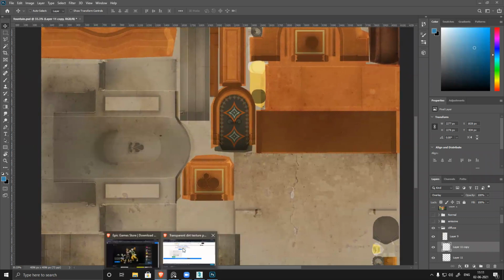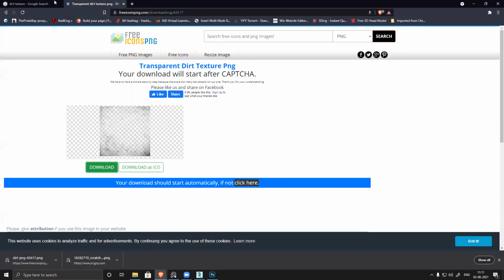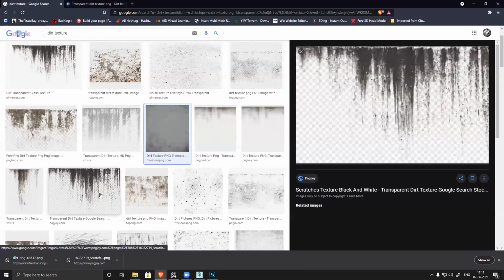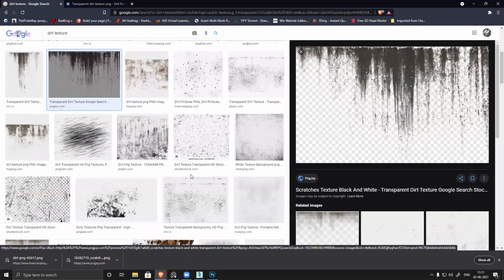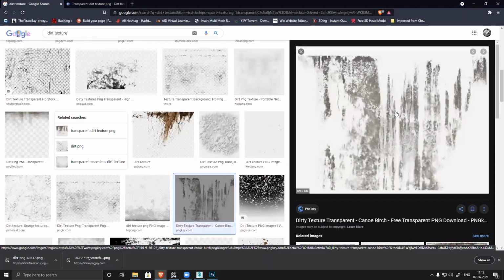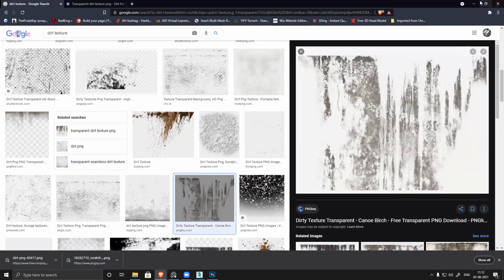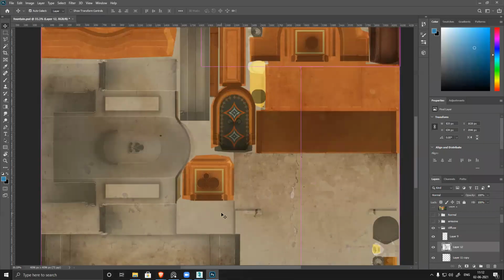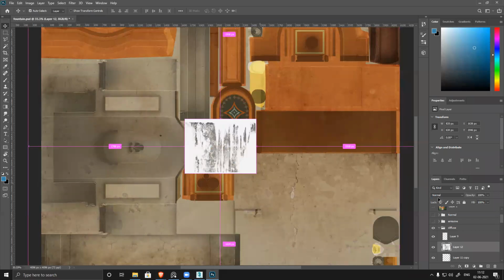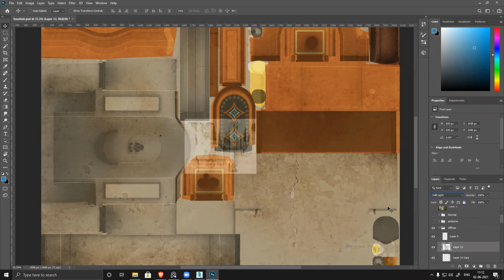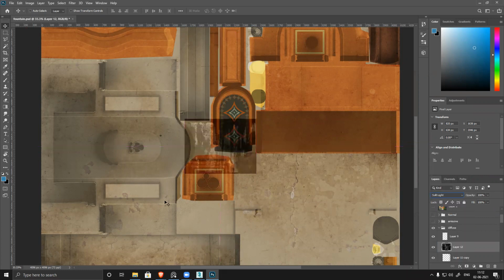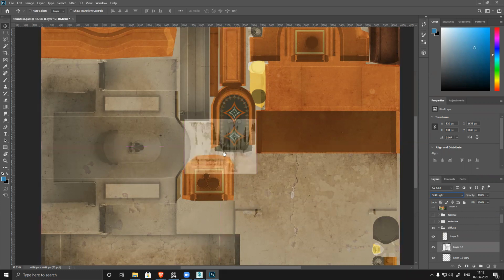So let's search for a few other dirt textures. Something like this, a little dripping effect. Copy. Paste it. Invert, or maybe let's keep it like this only.